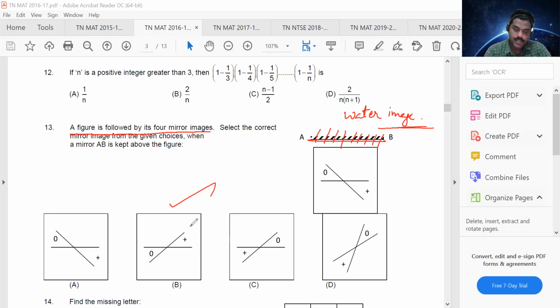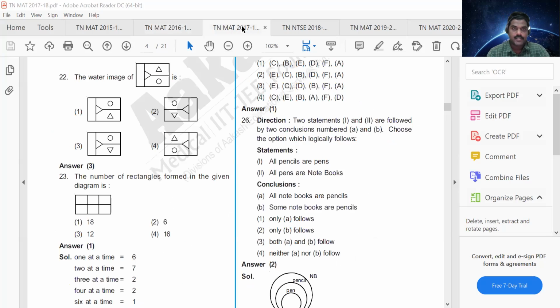Then moving on to the next, the 2017 question paper. Now in 2017, there was only one question. Again, this was about water image. So upon water image, the triangle gets inverted and the circle goes to the top. So all the other things remain the same. So this would be my answer, which is already given over here. So option 3. Then moving on